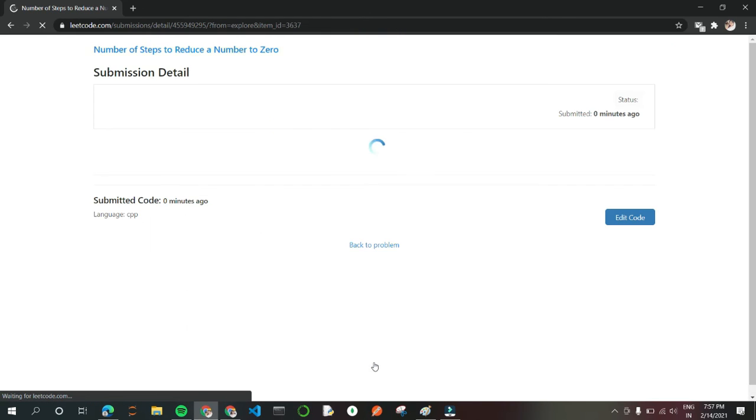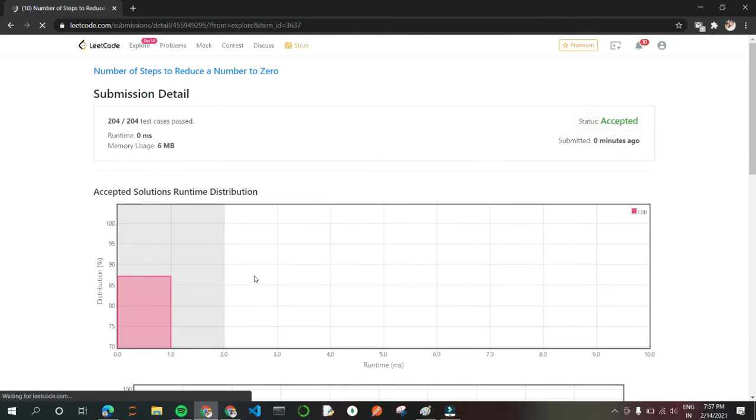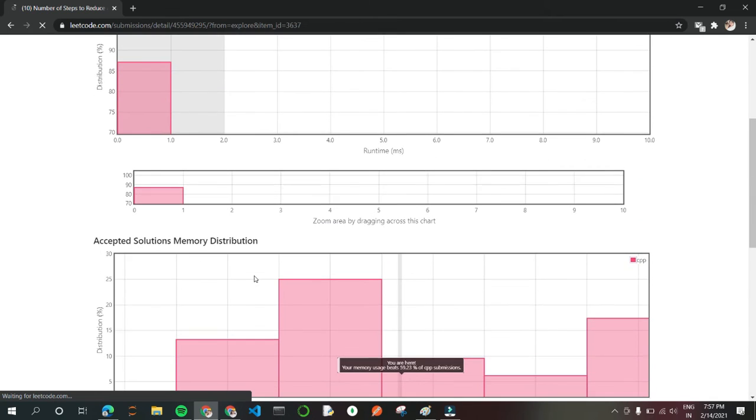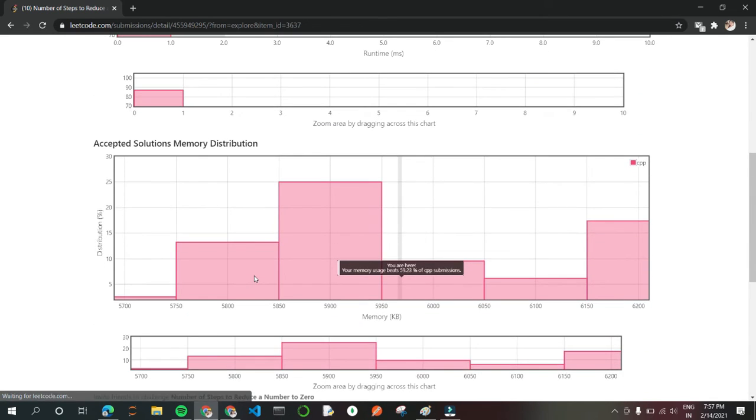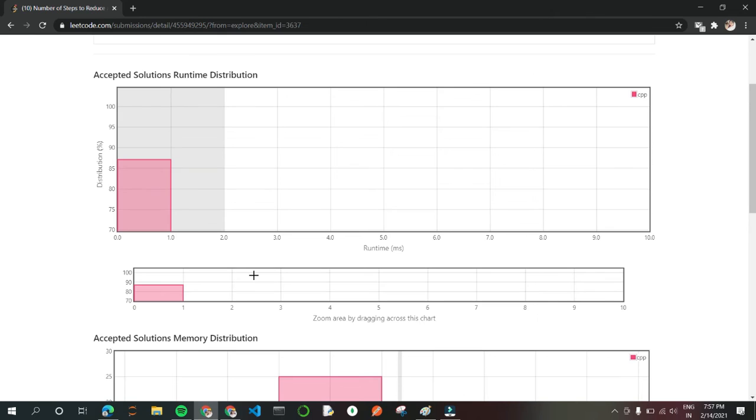Now let us go through the other solutions. Here mostly one type of solution is there because this is a really simple problem. You have to use one while loop or for loop, and you have to use a counter in it. This is the runtime.